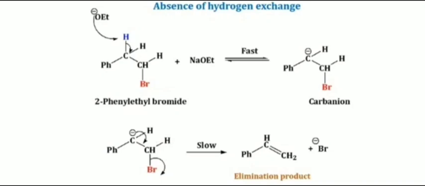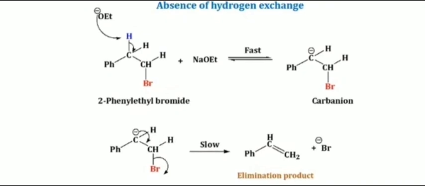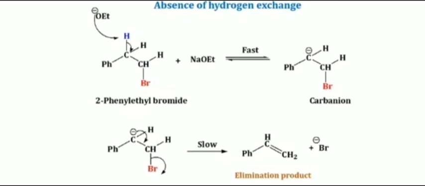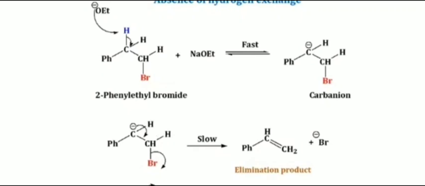Look here, in this reaction 2-phenyl ethyl bromide reacts with sodium ethoxide in presence of ethanol. We can get a carbanion, and in the second step the carbanion loses the halide and forms the elimination product, that is phenyl ethylene, C6H5CH=CH2. This reaction takes place by the strong base sodium ethoxide in ethanol solution. Formation of carbanion would involve conversion of the base ethoxide ion into its conjugate acid. Ethanol is the solvent. So 2-phenyl ethyl bromide plus ethoxide ion base gives carbanion base plus ethanol acid. Now in the actual experiment, the substrate was ordinary unlabeled 2-phenyl ethyl bromide and the solvent was labeled ethanol,